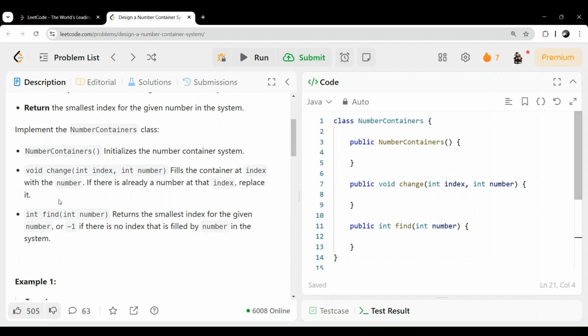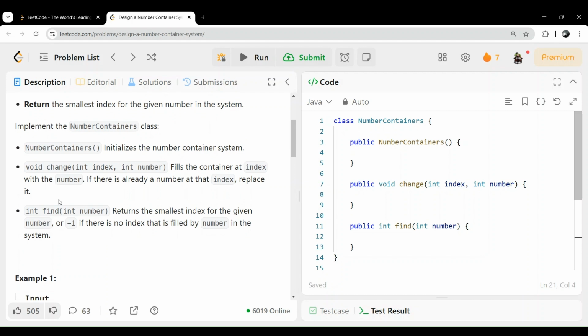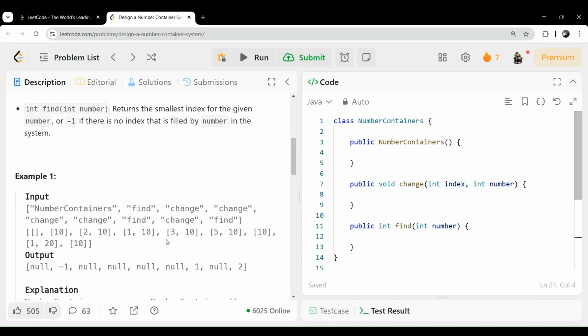And the third method we have to implement is int find, which accepts a number and we have to return the smallest index for a given number, or minus 1 if there is no index that is filled by that number in the system. Okay, so if we see this example,